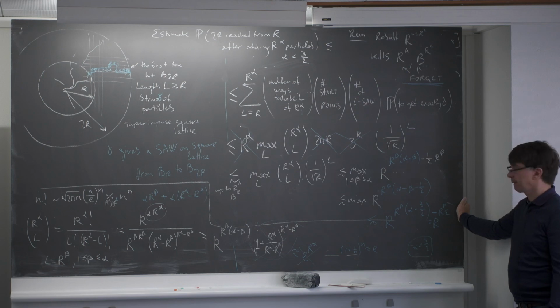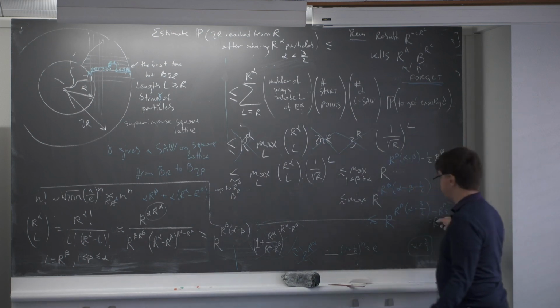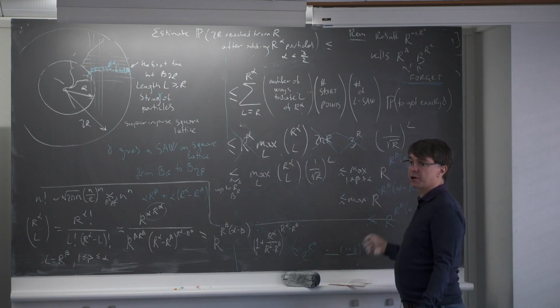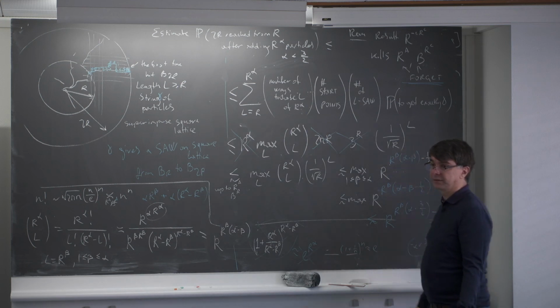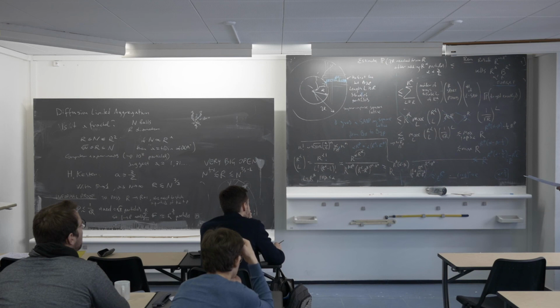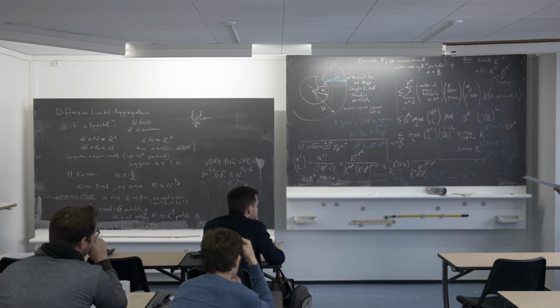How did we kill e to the power r to the alpha? It's just smaller than this, because here it's r to the power something, and here it's e to the power something, and r is much larger than e. Wait a second. Is it? Yeah, well, let me see. Okay, strictly speaking,